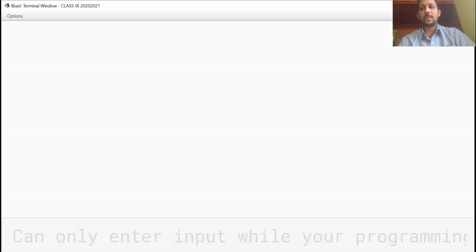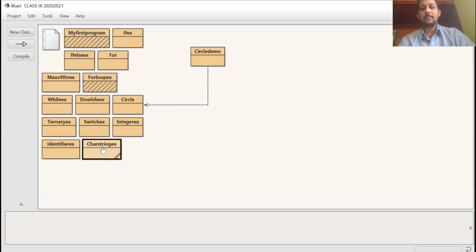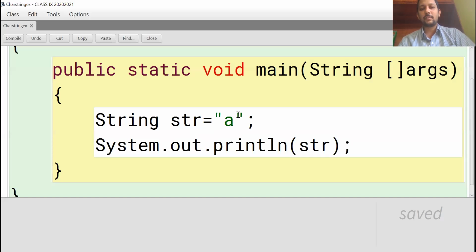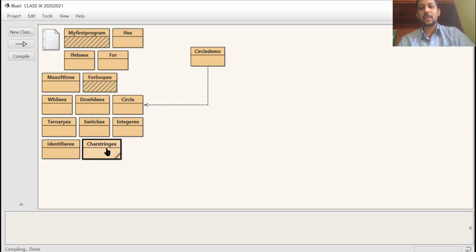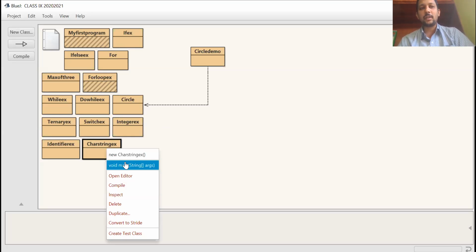So next example, see, string literal only. Observe here. A group of characters I am using: capital A, two digits, special symbols, lowercase letter, uppercase letter, digits, and special symbols also I am using. So what is your input? That is only your output. One or a group of characters is called a string literal. See, same output.